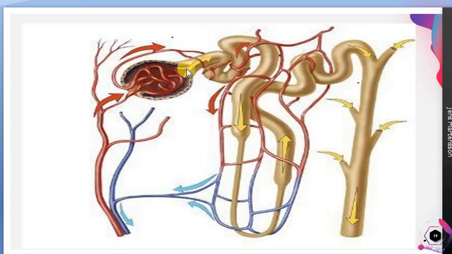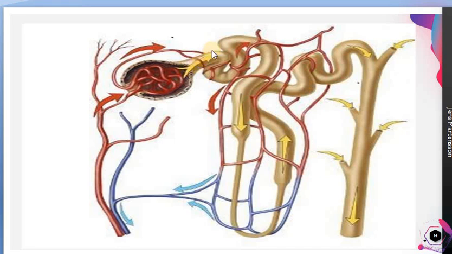Now, the things which come out this way, we call glomerular filtrate. There will be enough water also available in this. So that is known as glomerular filtrate. We are not calling it urine. What comes out of the glomerulus is glomerular filtrate. It may have water, a huge amount of urea, glucose, amino acids, salts, all the necessary foods. Like if we are consuming medicines, those may also be there. All these things together we call glomerular filtrate.